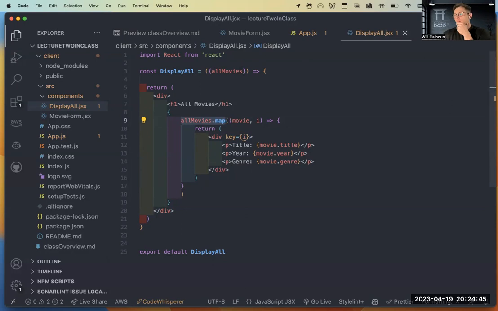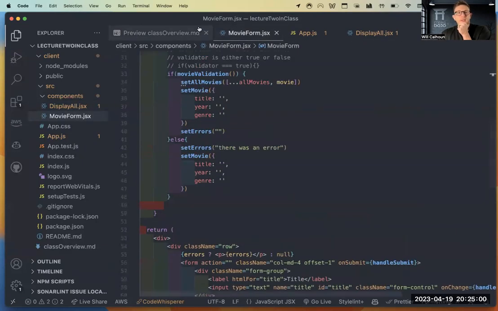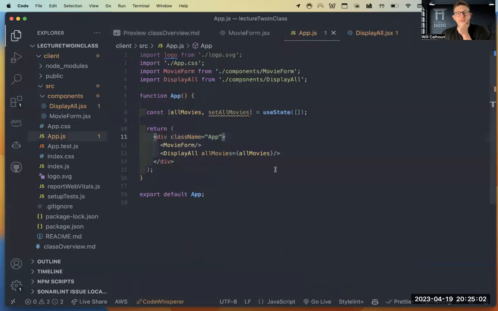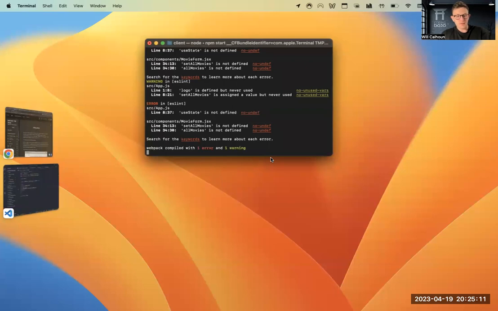So let's go and say, okay, we have this display all. And now what I can do is go into my app.js, and we're already displaying all, right? And so if I go and I run this, I probably got some errors.